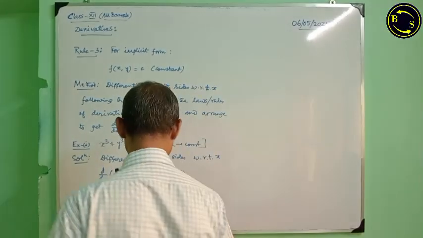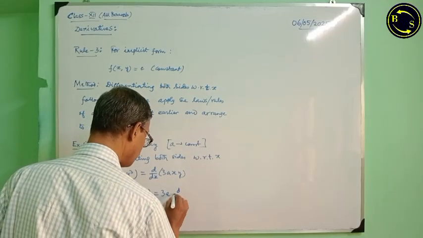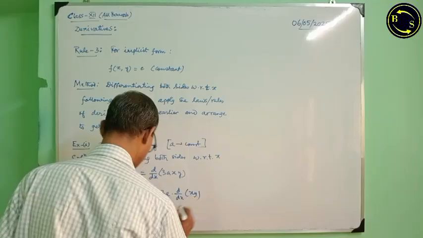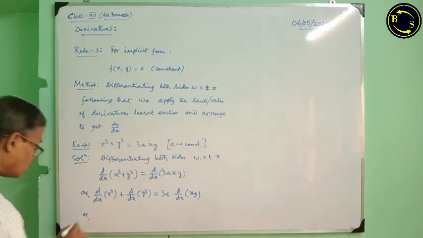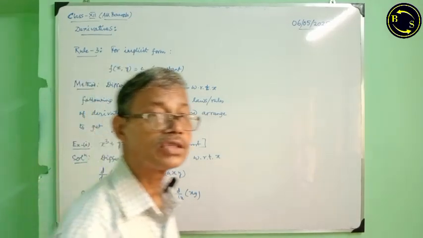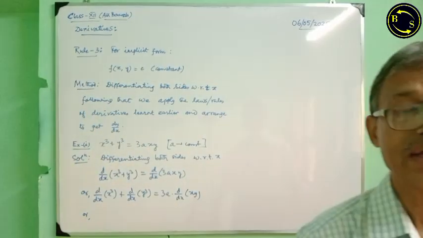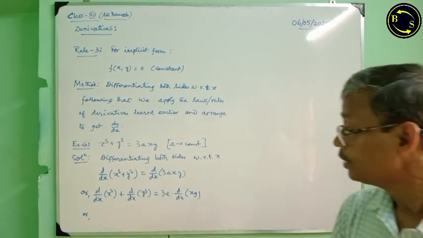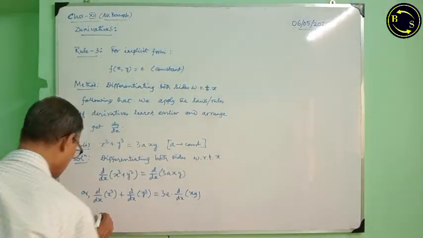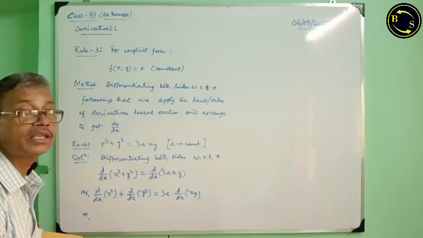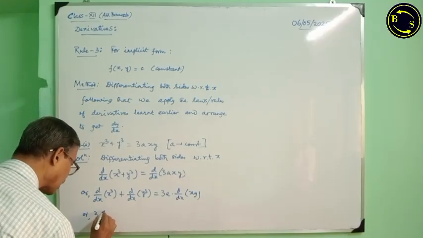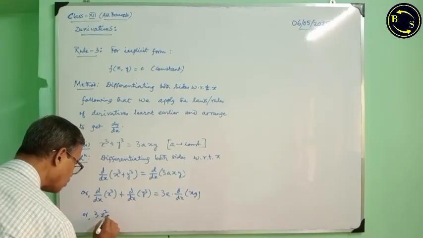Therefore 3a into d/dx of xy. Now this is the derivative of the standard function x to the power n form. Therefore, d/dx of x cube will be n into x to the power n minus 1, that is the formula. Therefore, 3x square plus